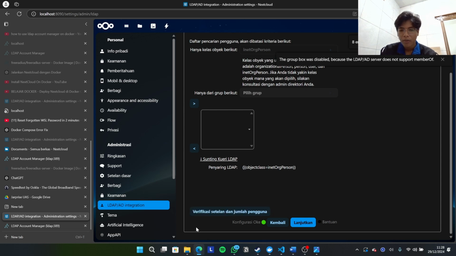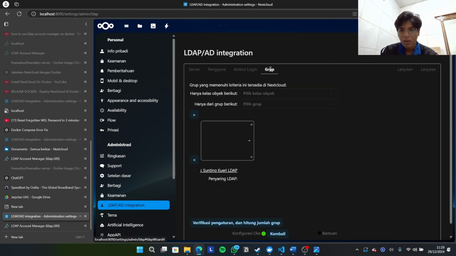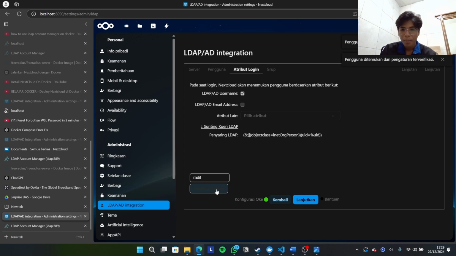Okay, then click continue here. Now we can verify the users we already created on the LDAP. Okay, two users found. We can see it here because on the LDAP we only created two users, named Radit and Yoga. Okay, and click continue again. Okay, on here, let's try to log in as Radit.